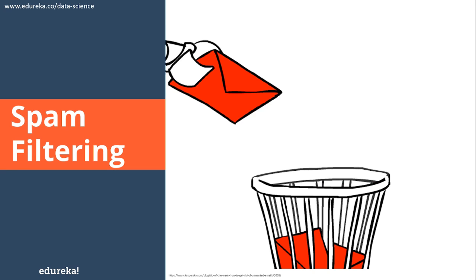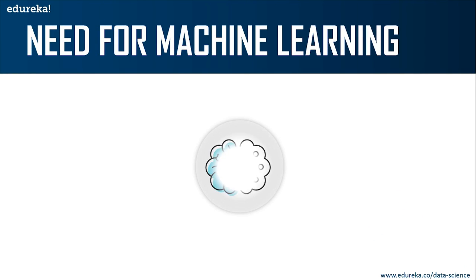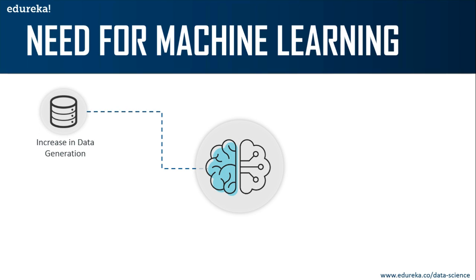Now, this is another famous application of machine learning. So, to sum this up, let's look at a few reasons why machine learning is so important. The first reason is obviously the increase in data generation. Because of excessive production of data, we need a method that can be used to structure, analyze, and draw useful insights from data. This is where machine learning comes in. It uses data to solve problems and find solutions to the most complex tasks faced by organizations.